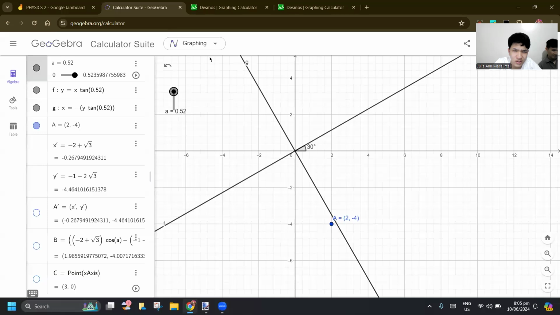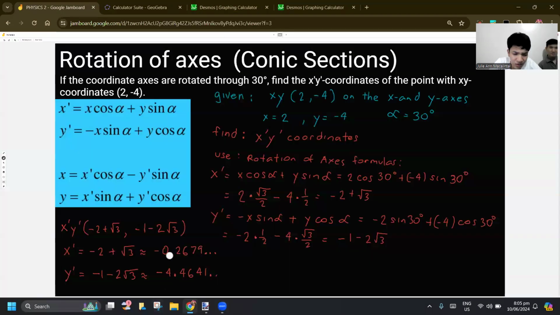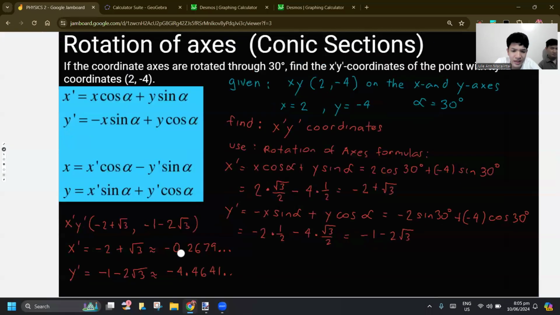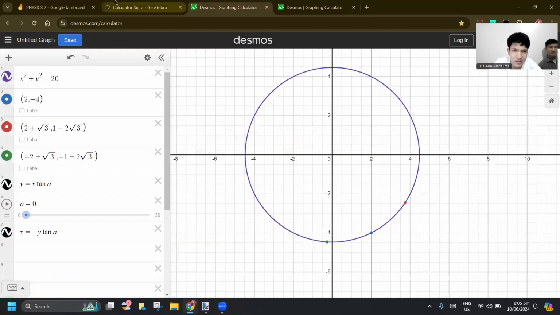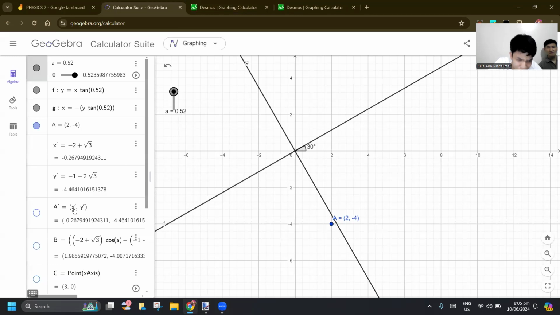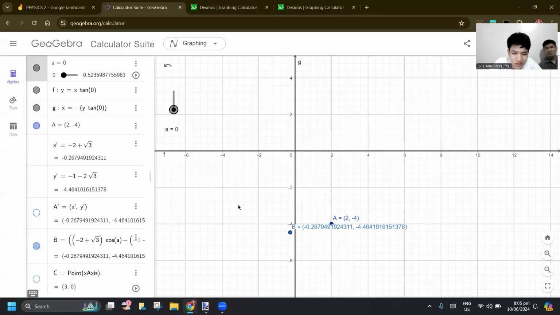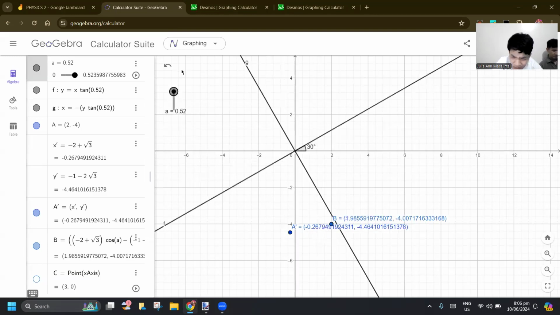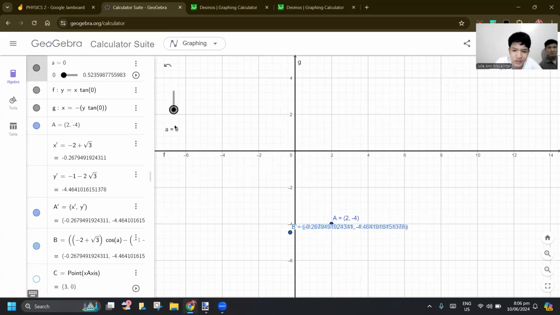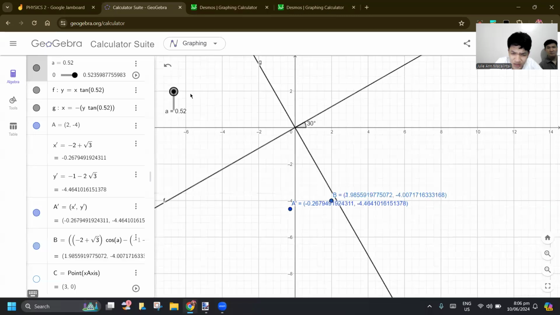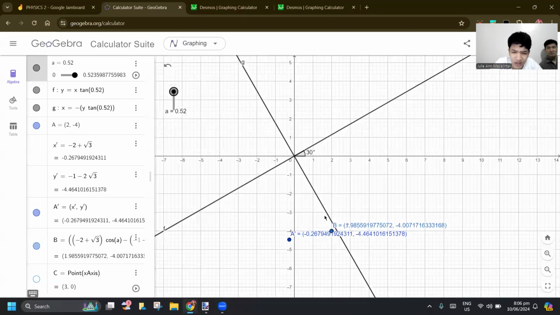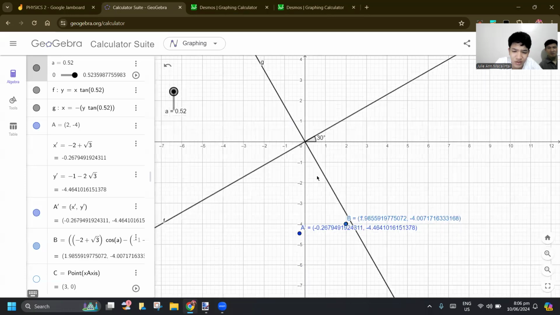So earlier it was found that these are the coordinates in that coordinate plane. So I'm going to put B here and then unrotate it, so we can measure properly and visualize. So this point which is A prime over here doesn't actually exist. It's just the coordinates of A with respect to these axes, x prime and y prime.